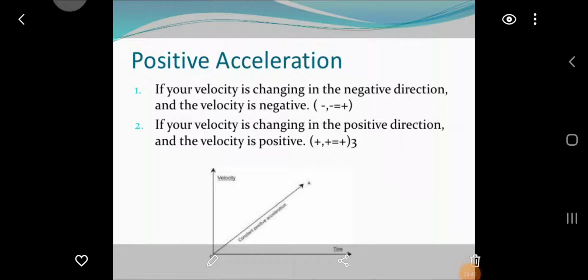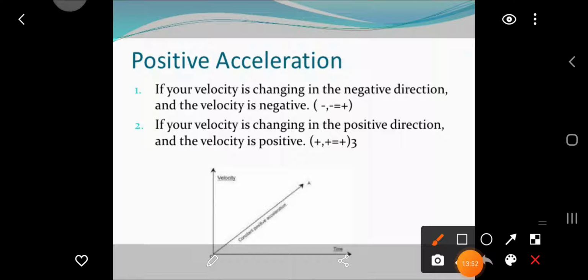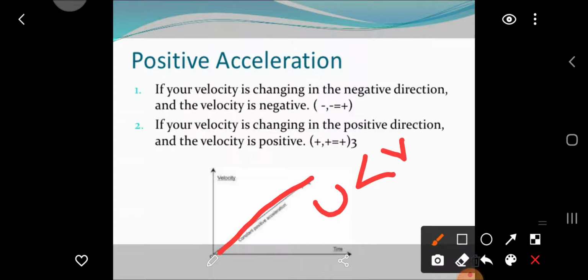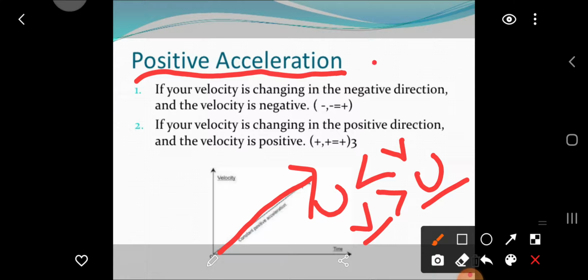And for positive acceleration, we have to keep in mind, as we can see from the graph, how the graph increases, because here the initial velocity is always less than the final velocity. That's why the straight line is shown increasing. To say it another way, when the final velocity is greater than the initial velocity, then the acceleration will be positive acceleration.